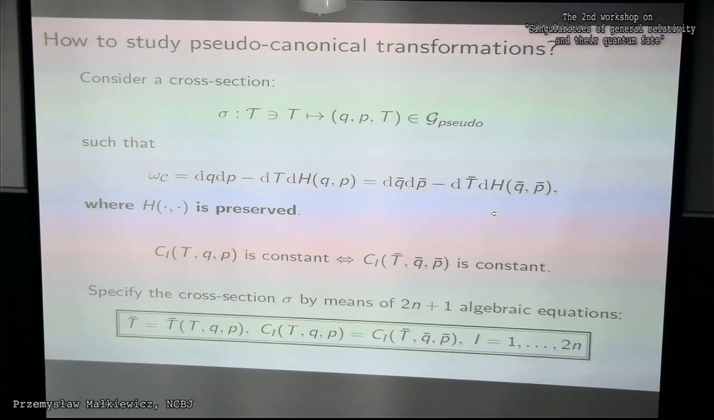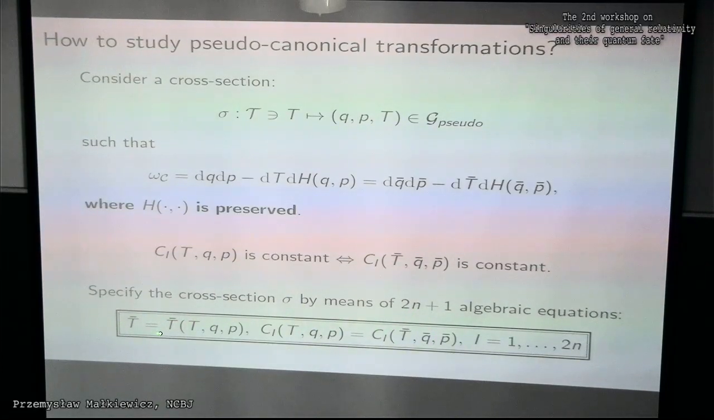In fact, you can even require more. You can say that all Dirac observables have the same functional dependence on contact coordinates independently of your choice of internal clock. And when you combine, so you have a 2n dimensional phase space, a 2n plus 1 dimensional contact or constraint surface. So this relation,